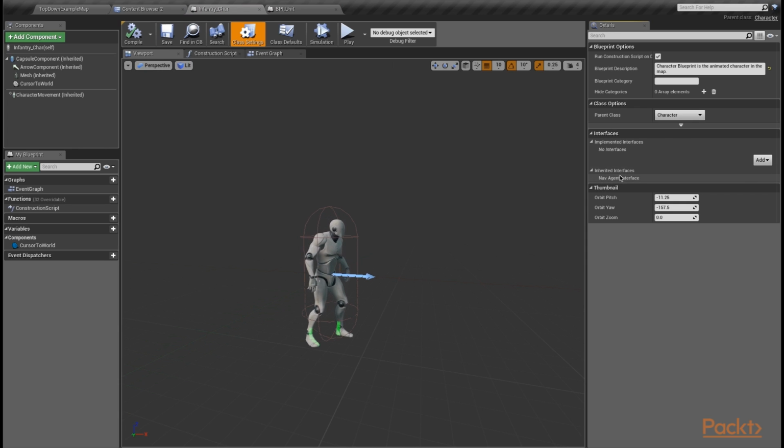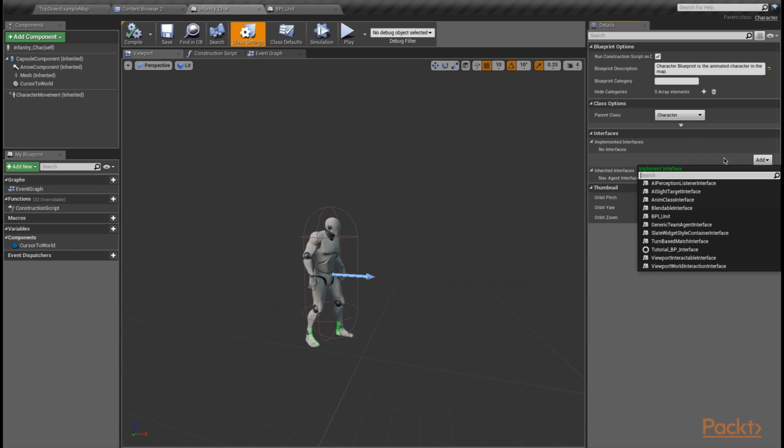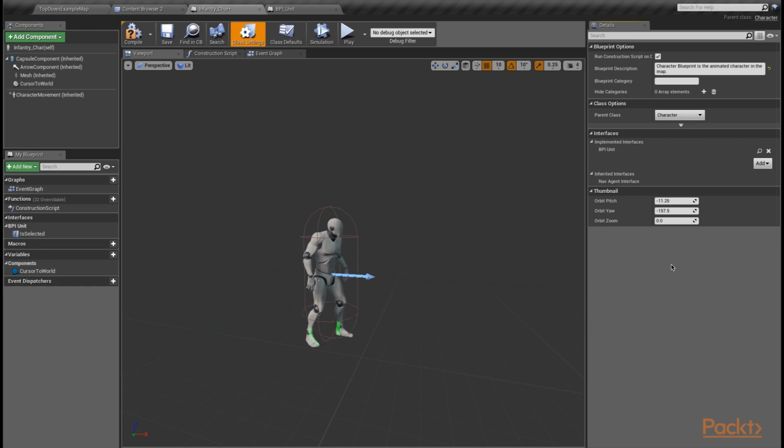If this happens to be a subclass of something else, maybe you have more than one infantry character, a ranged character and a melee character, for example, then you could subclass one off of the other, and they would inherit any interfaces. So I'm going to click this Add button, and you can see there are already several interfaces in this engine, and we're going to click our BPI unit interface. What this does is add this interface to our character, and you'll also see we get an interfaces section here under My Blueprint. This will show any interfaces that actually return a value, and we're going to implement this interface